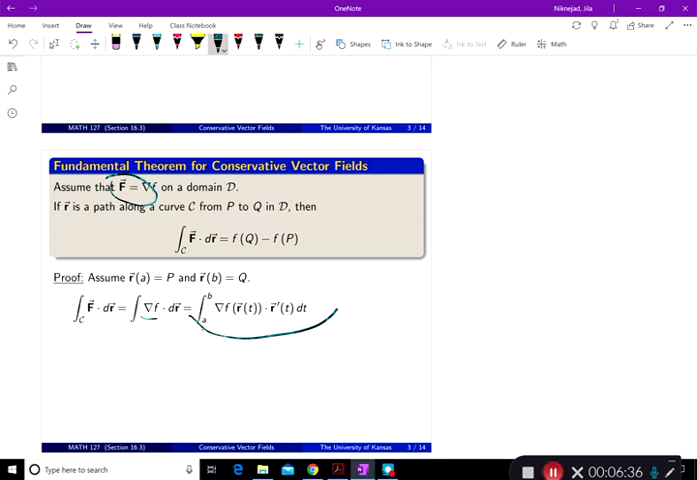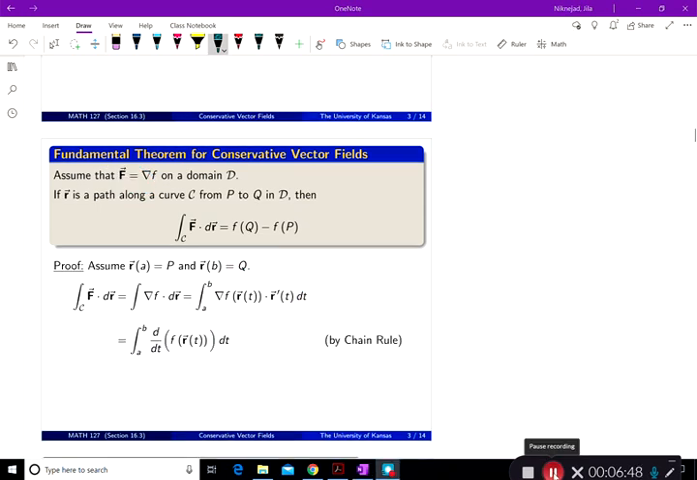Now the next thing to notice in here is that this part looks exactly like the chain rule, the chain rule for the derivative of f of r of t. And so this piece is exactly that by the chain rule. So replacing that, now I end up with